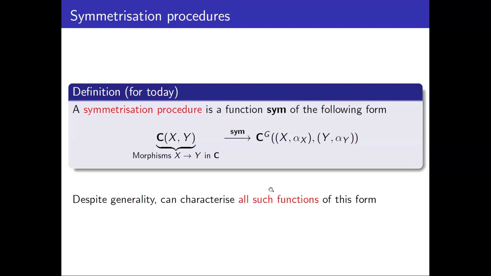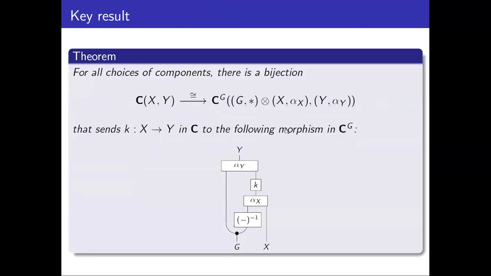Okay, and this is very general, but actually we're going to be able to characterize every single function of this form in a meaningful way that we can actually implement in practice and recover all of these previous methods. It's potentially surprising, but it actually turns out to be possible. And the result that lets you do that is this here. Remember that CXY is the set of morphisms from X to Y in C. So the set of Markov kernels from X to Y, or the set of functions from X to Y, depending on what C is. It turns out that for any group, for any action, for any X and Y, there is a bijection of this form here that sends a morphism X to Y, an element of this left-hand side,